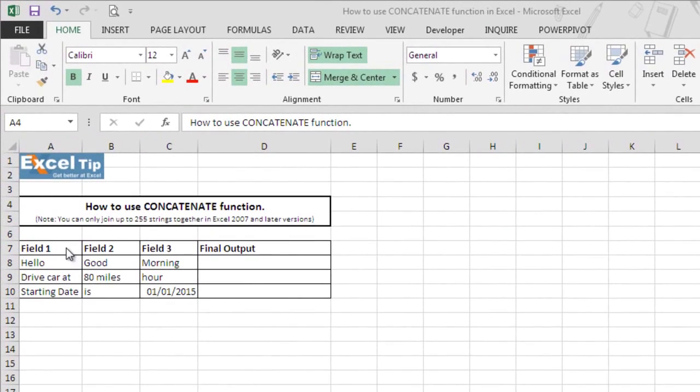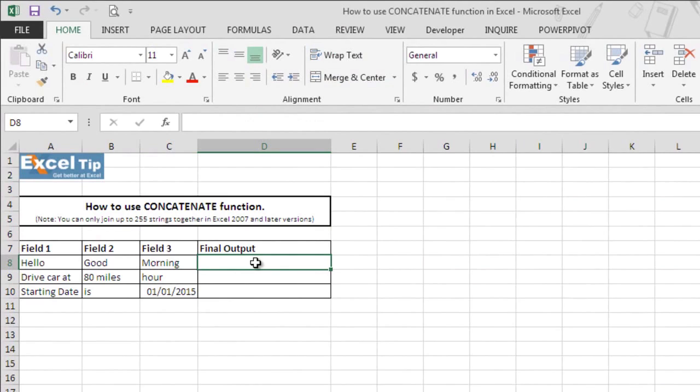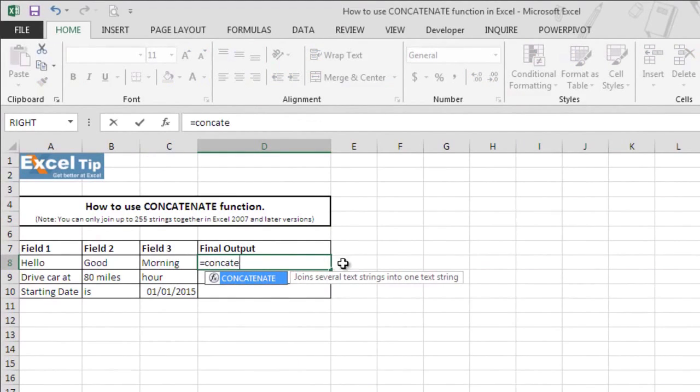So here we have some sample data in this Excel worksheet. Now we'll start with the equal sign here in cell D8 followed by the function name, and then we hit tab to autocomplete the function. As we talked about earlier, the CONCATENATE function takes 255 arguments where the first argument is necessary to enter and the rest are optional. The argument can be a string, number or any cell reference. So now we select A8 in the first argument, then we put a comma, then select B8 and a comma, then we select C8, and now we'll close the parenthesis and we hit enter.